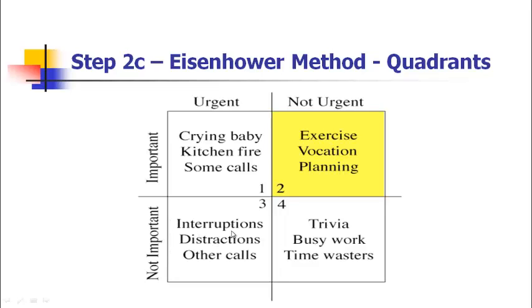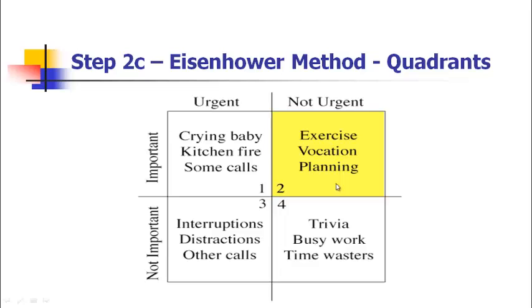Now in the non-important and urgent quadrant, there are interruptions, distractions, other calls. Your colleague is distracting you, asking for immediate help, or something is interrupting you. Those are urgent and non-important. It is not adding value to your productivity, but it is adding value to your colleague. Maybe it may help in building the relationship with him, but eventually it is just a non-important activity for your performance.